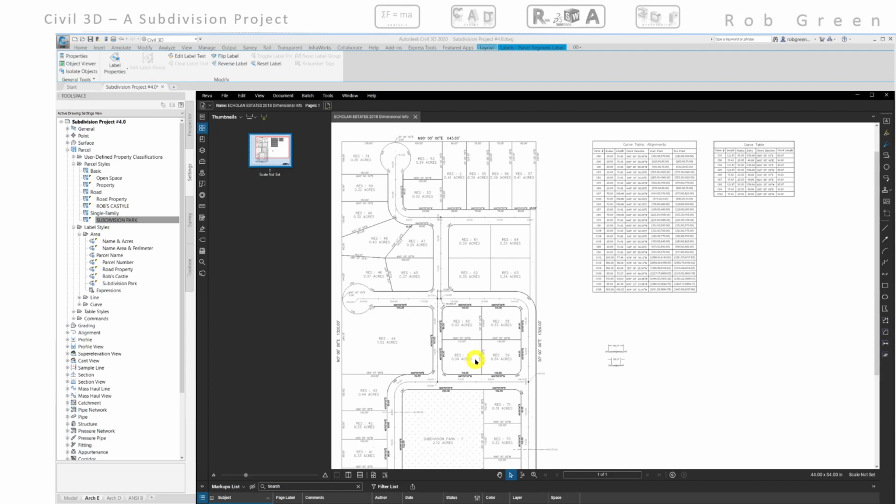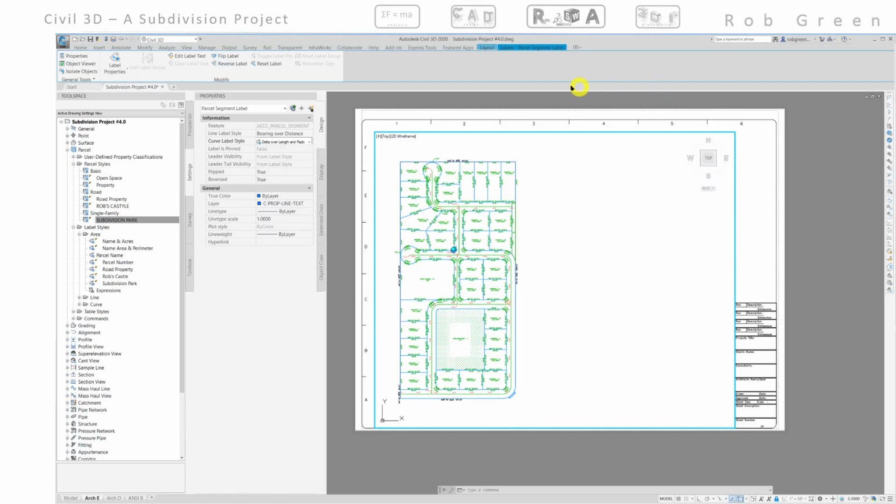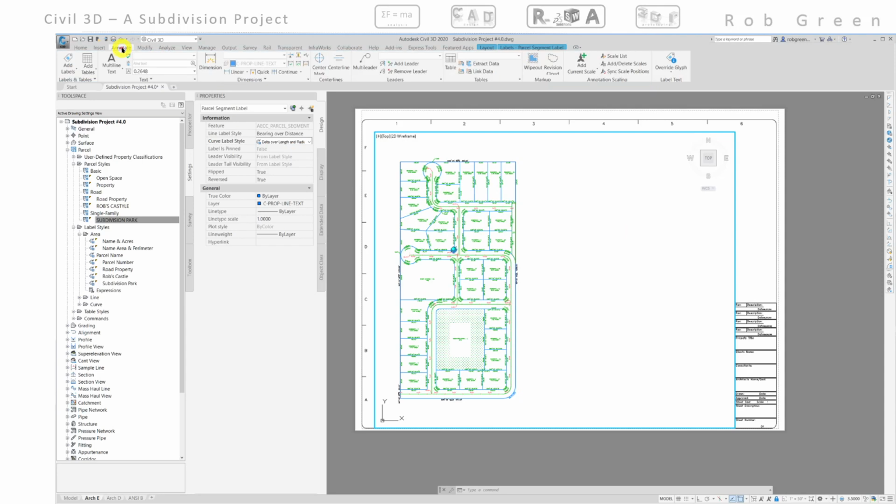Welcome back, everyone. So we have my PDF up, and remember it is time to create these curve tables. So navigating back to Civil, we're going to be using this Annotate tab again. And if you might have been observant before, right next to Add Labels is Add Tables. So all I need to do is execute this command, and we are going to add a new parcel table